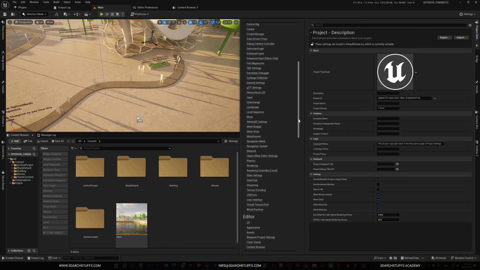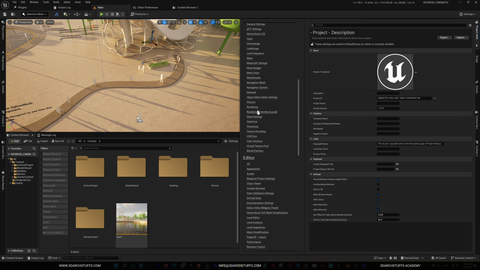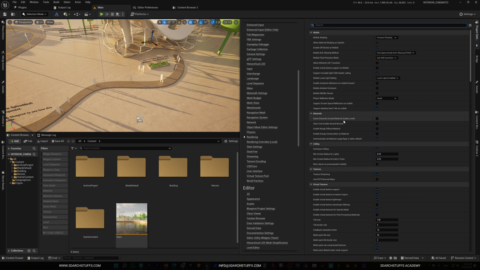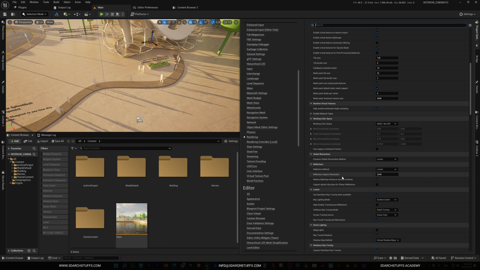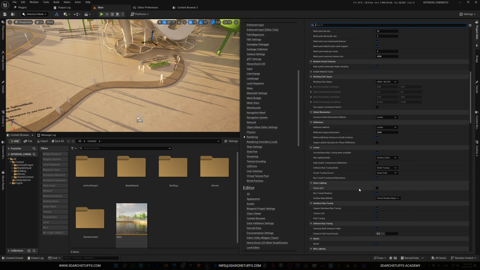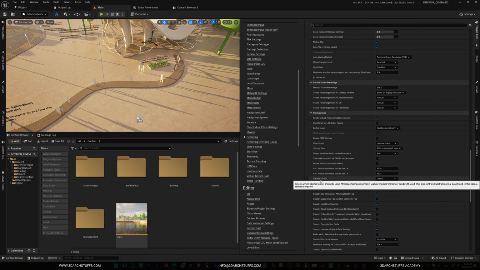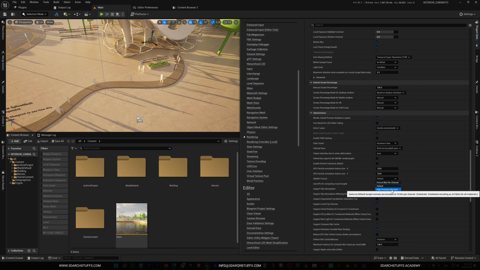Only a few things which we still need to activate or change are in the rendering section here inside the engine. In rendering, we have to go ahead and enable MegaLights. By default, MegaLights is not enabled in 5.5, at least. So we'll go ahead and enable MegaLights in the project settings. Then we will go down, and here the G-buffer format is default, so I like setting it to high precision normals. These are the two settings we will be changing in project settings, only because we have chosen the archviz